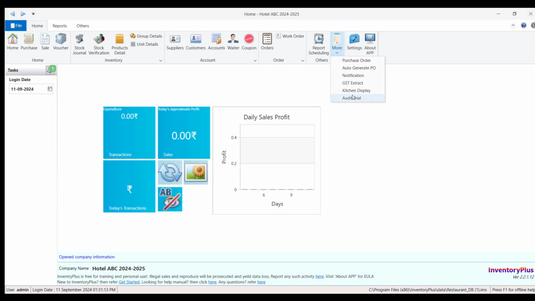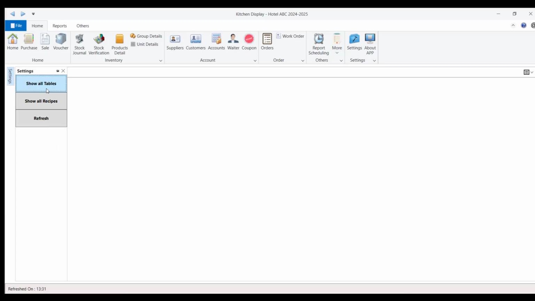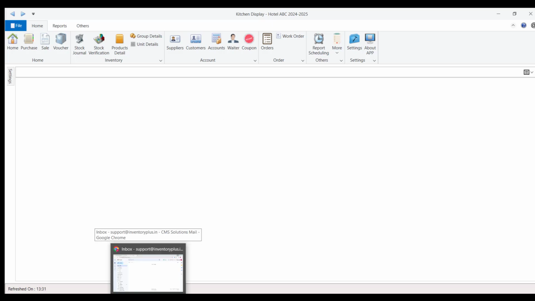Here see the kitchen display is showing. Show all tables like this. Now this is the setting of the restaurant plugin in Inventoryplus. Now you can launch the